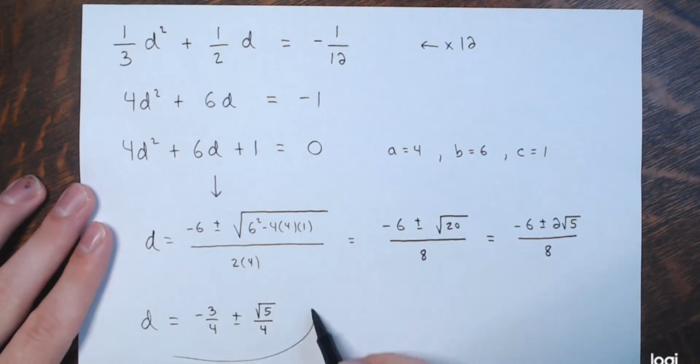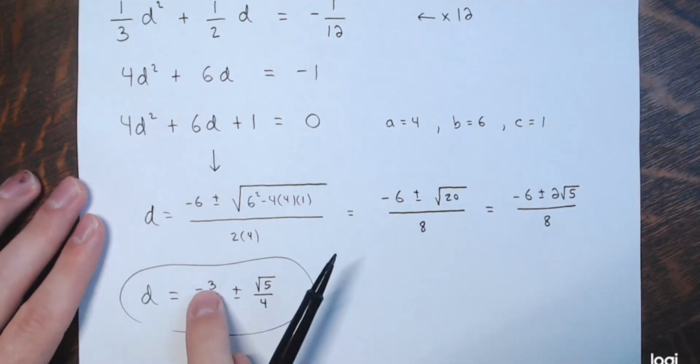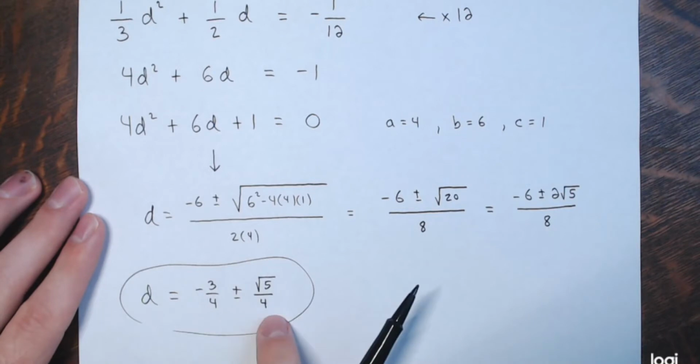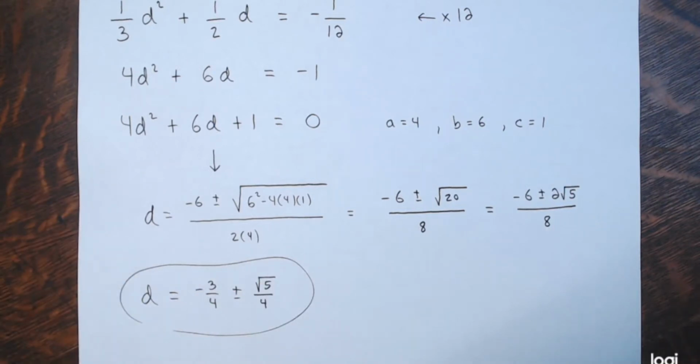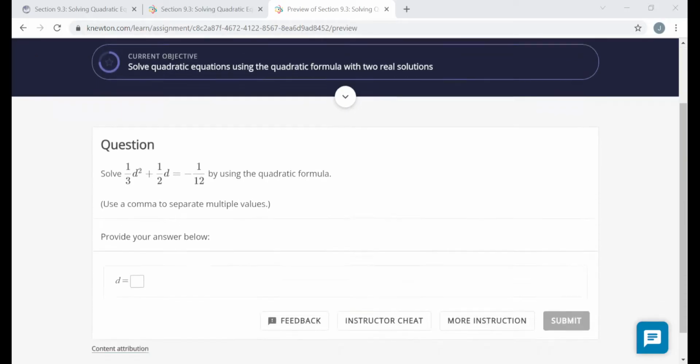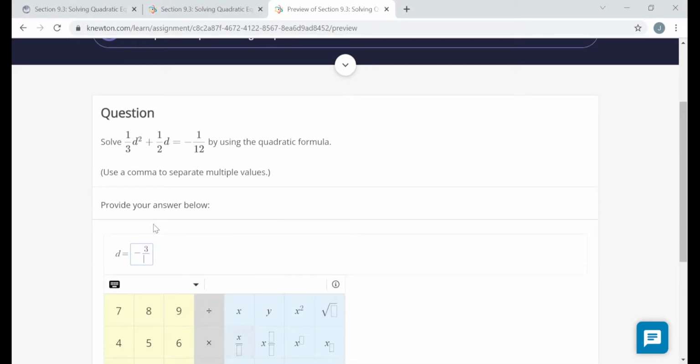And there you go. And again, since these have the same denominator, you could make it -3 plus the square root of 5 all over 4, and -3 minus the square root of 5 all over 4, and those are the same numbers. But I'll just enter these the way I have them here. So one solution is -3/4 plus the square root of 5, then that divided by 4,